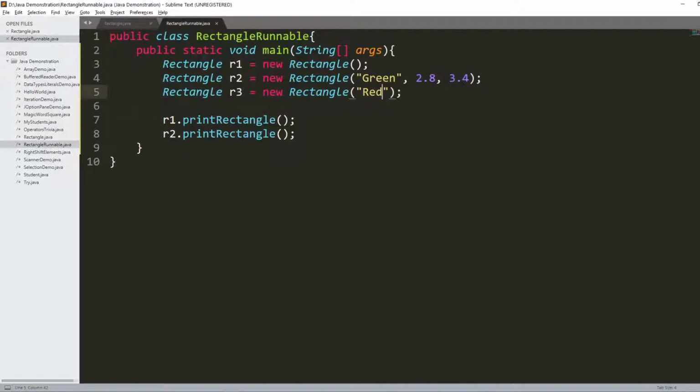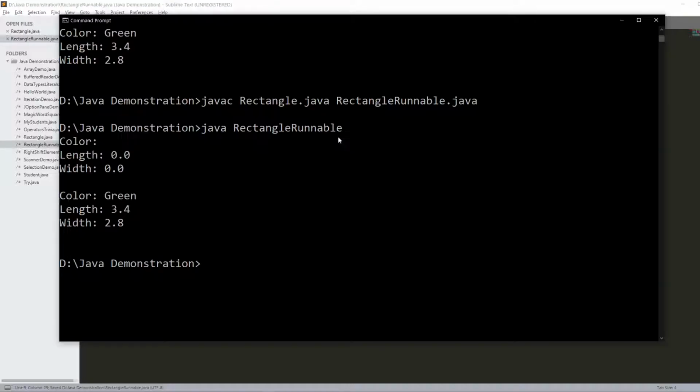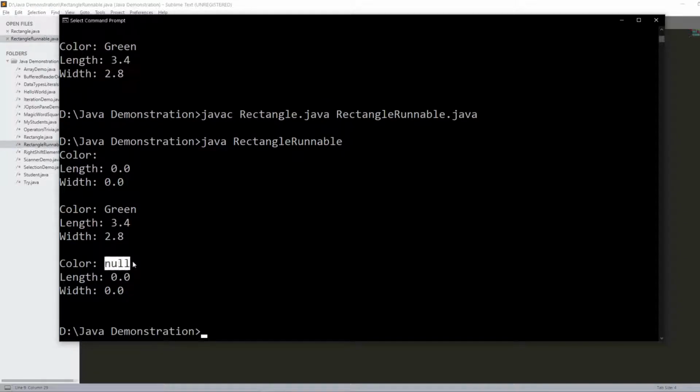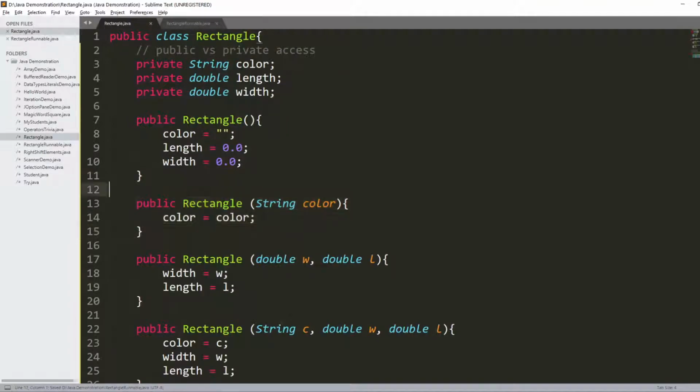But sige, kulang pa. Let's print the values of R3. So R3 print rectangle. Okay, tingnan nyo. Ito. So null yung nangyari. Kasi ibig sabihin dyan, nalilito na si compiler kung alin yung tinutukoy mo dito. Kung yung color ba, yung attribute ba, or yung parameter. Itong color ba, yung attribute, or yung parameter. Okay? So to avoid this confusion,